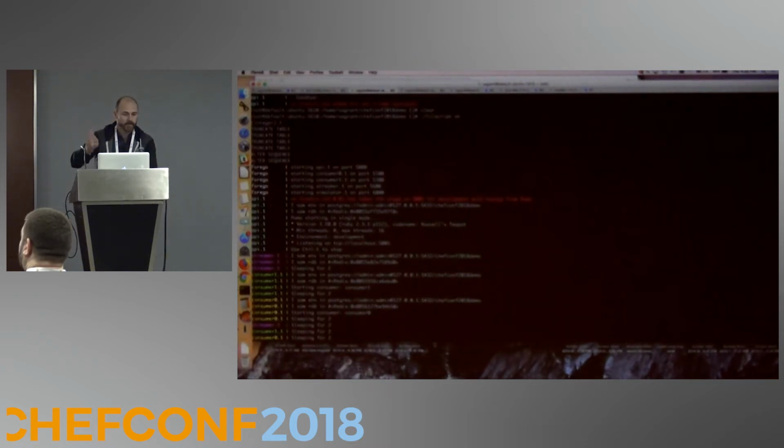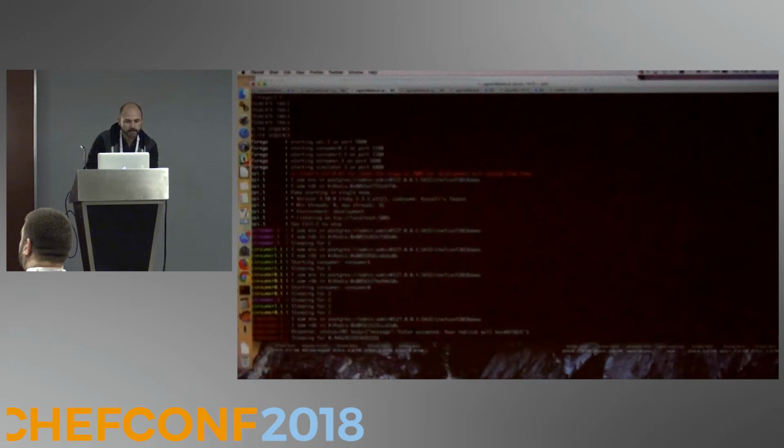I start up several kinds of processes here. I'll go through them real quick. There's an API sitting there. The simulator makes requests to that API. The API then stages the records in Postgres. So that's how far we get with the API.